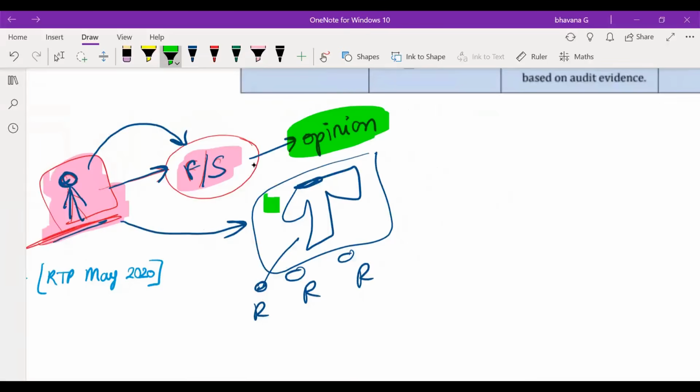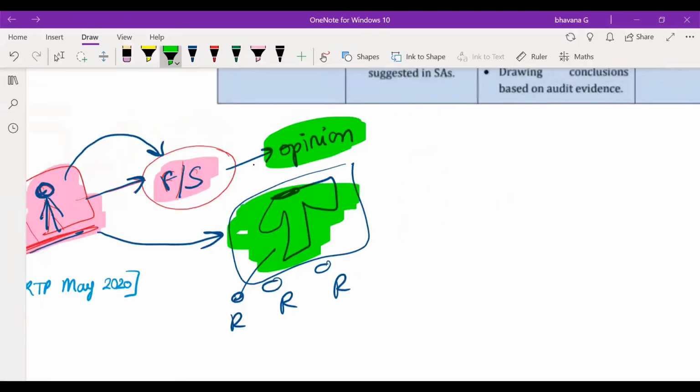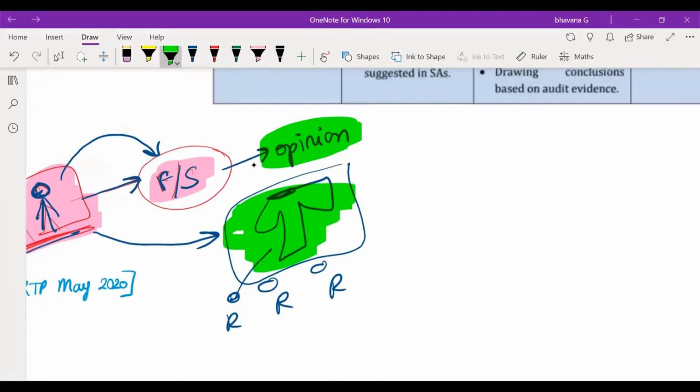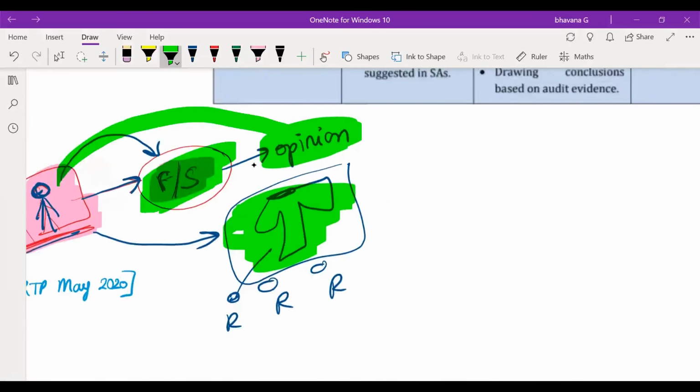See, if somebody is going to give me an opinion about how a shirt is, I will either buy it or not buy it. Likewise, if the auditor is going to give me an opinion on the financial statements, what is its use? What is the use of giving an opinion on financial statements? The use is that the people or the owners who are not,